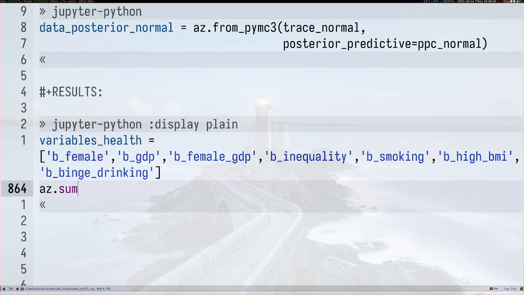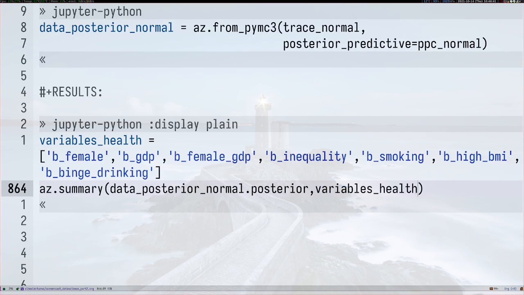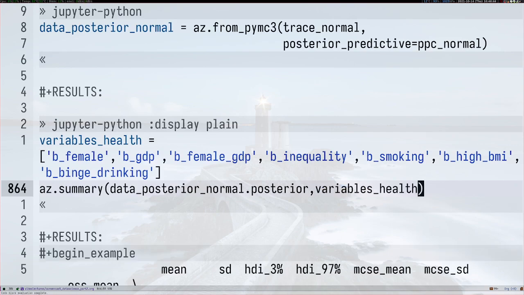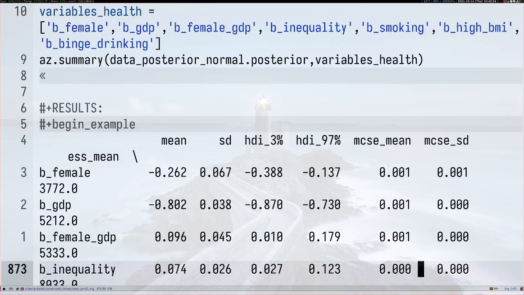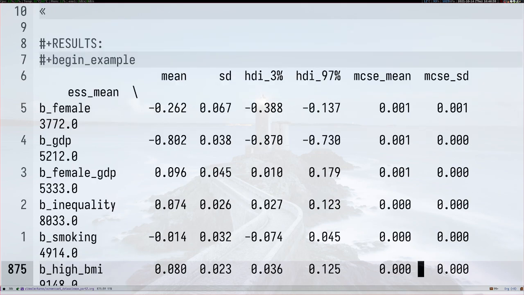And then the summary of our data, posterior normal, and from that we're interested in the posterior distribution, the variables health. So I'll leave it to you to make the plots with the posterior distribution and check the zigzagging of the posteriors and how they were sampled. Here we're going to basically look simply at,